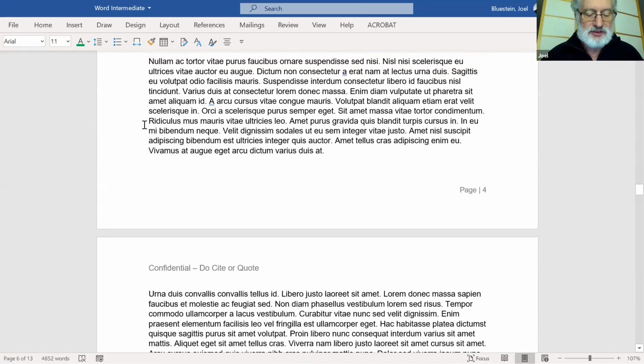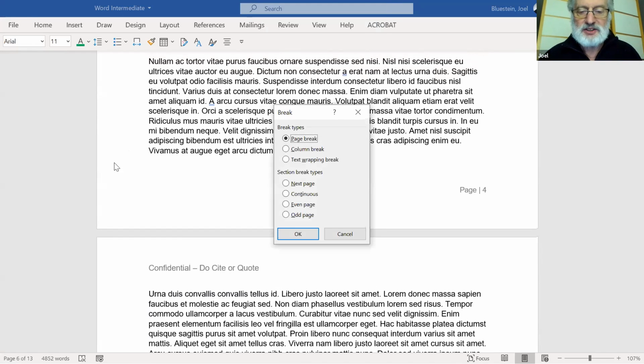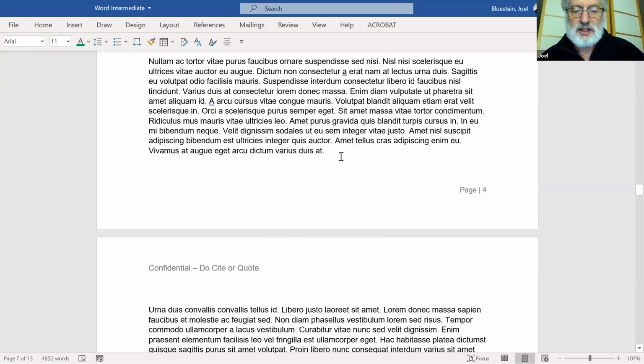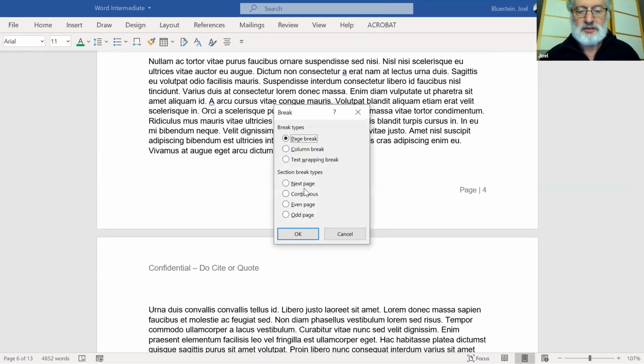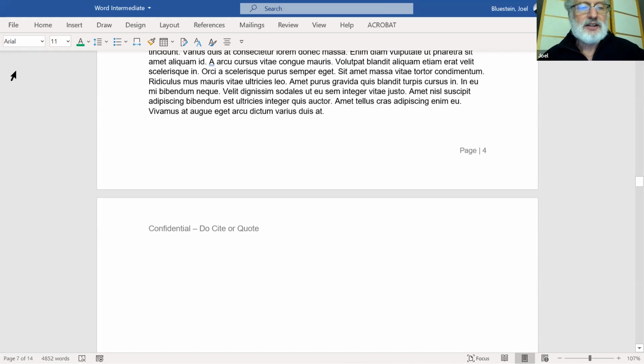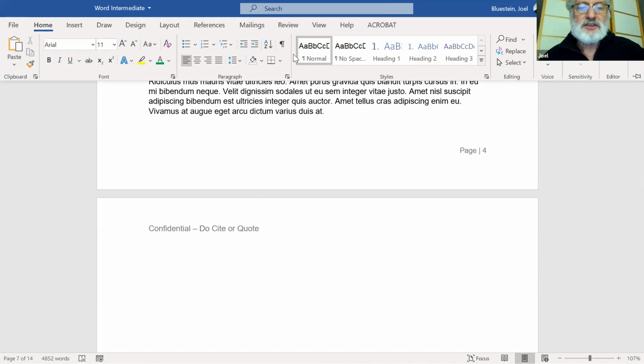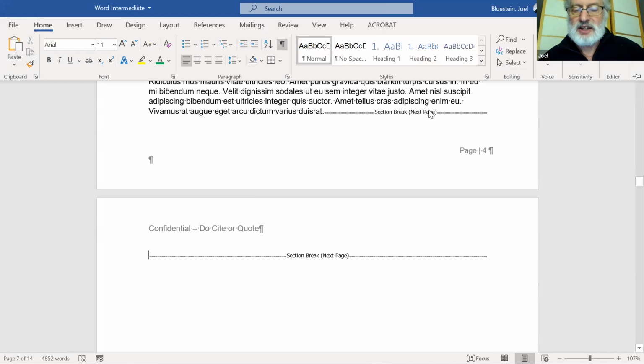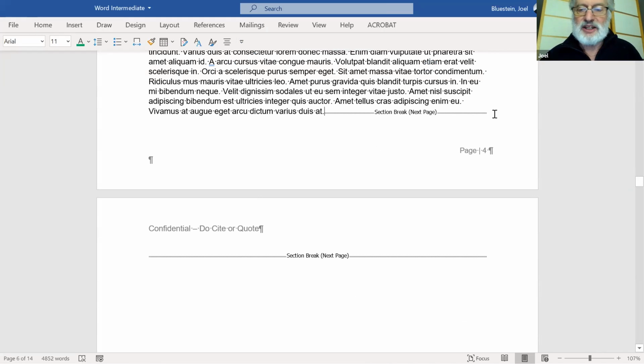And so the way we do that is we insert a page break, a next page break. You're not seeing it because I already had a page break there, but I'm going to do another one. And so here's a blank page. You see I've got a page break there and a page break there. So if I go here after that break,